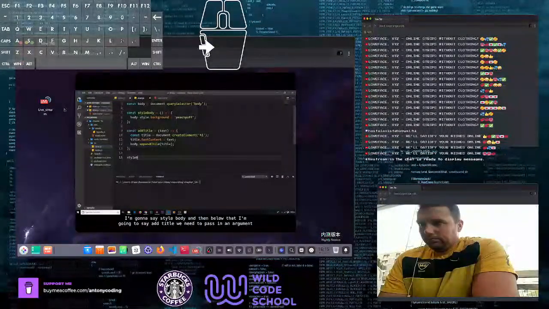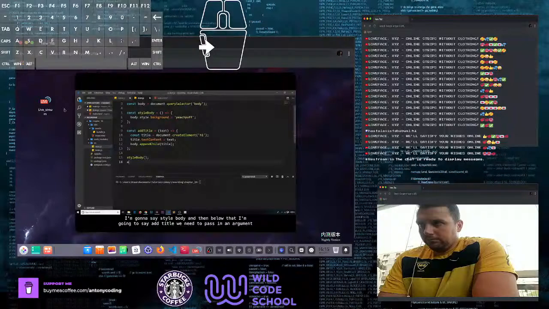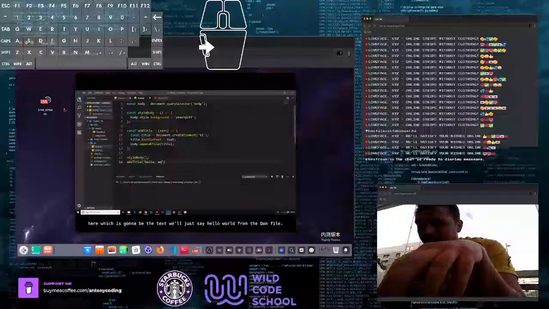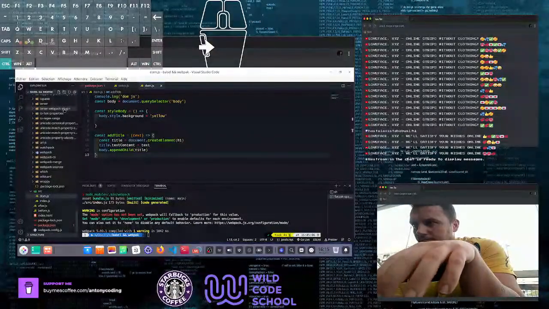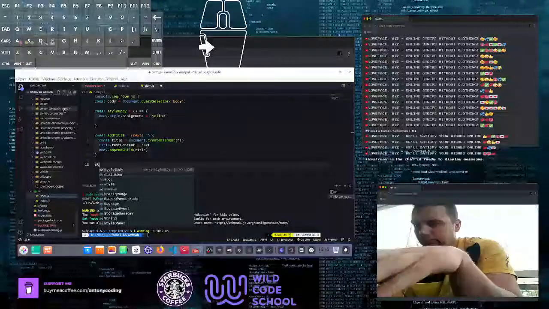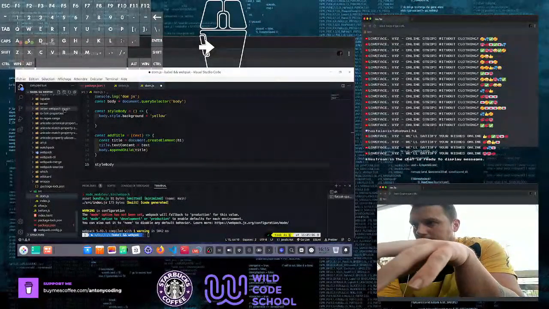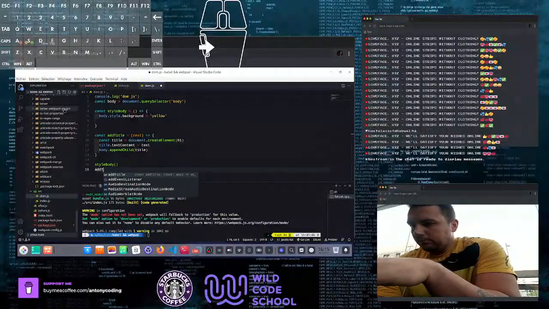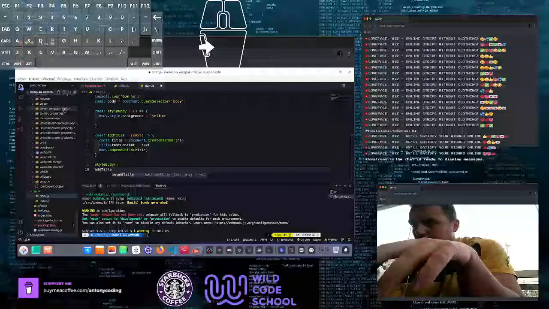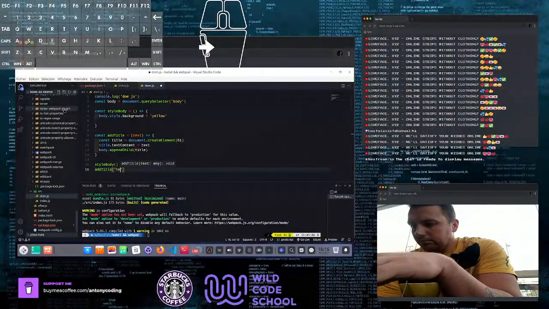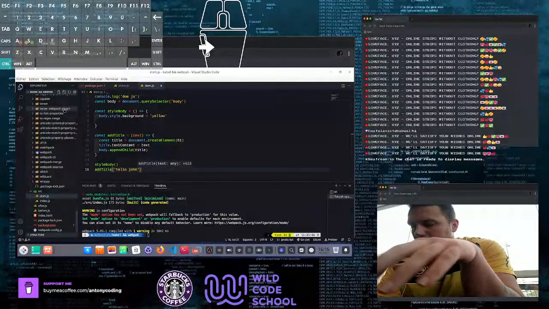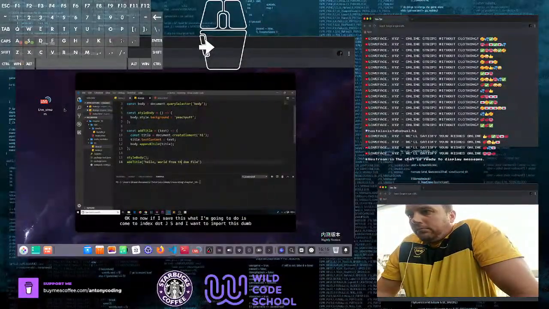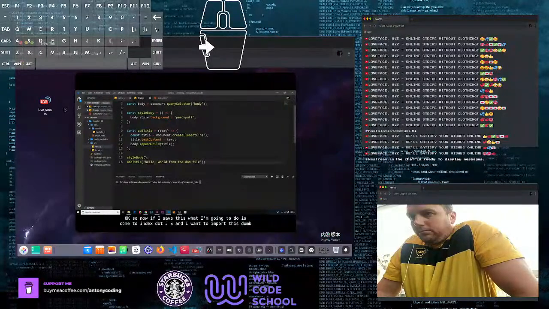Down here, I'm going to say styleBody, and then below that, I'm going to say addTitle. We need to pass in an argument here, which is going to be the text. We'll just say hello world from the DOM file. Okay, so now if I save this, what I'm going to do is come to index.js